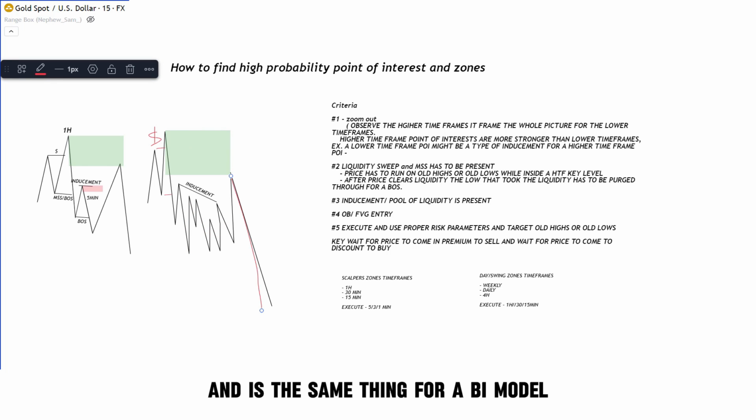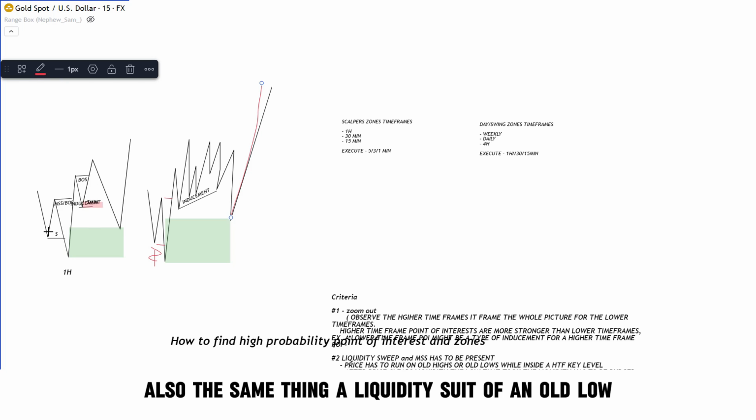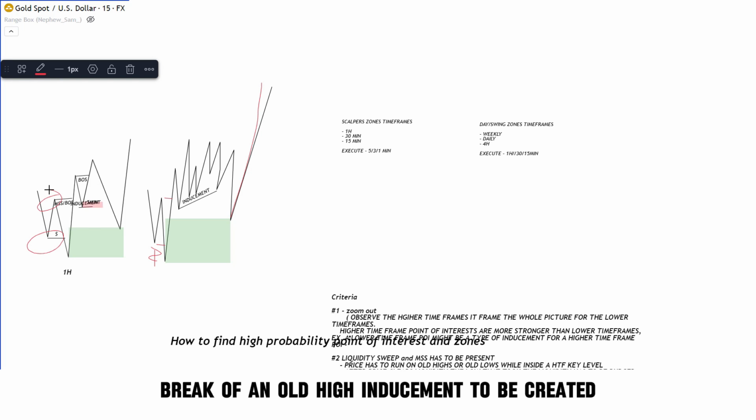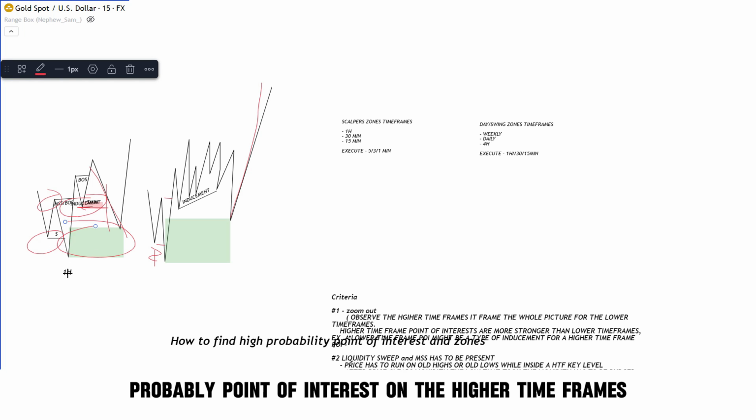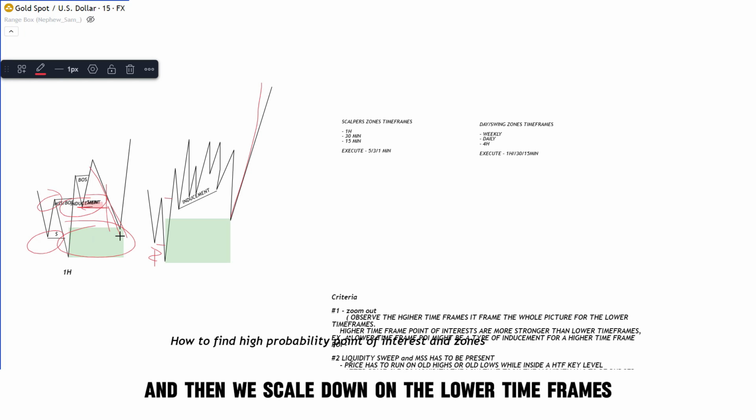And it's the same thing for a buy model also. The same thing: a liquidity sweep of an old low, break of an old high, an inducement to be created, price seeks that inducement because willing buyers are hiding their stop losses below it, taps into a high probability point of interest on the higher time frames, and then we scale down on the lower time frames for us to